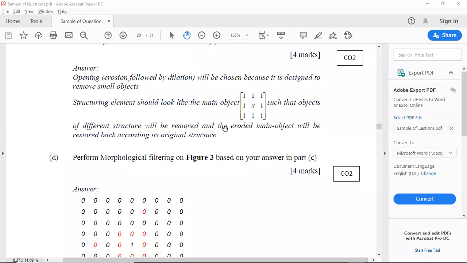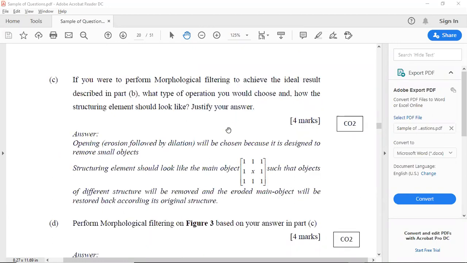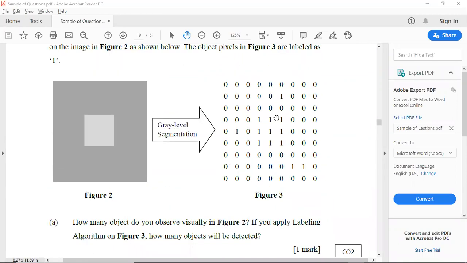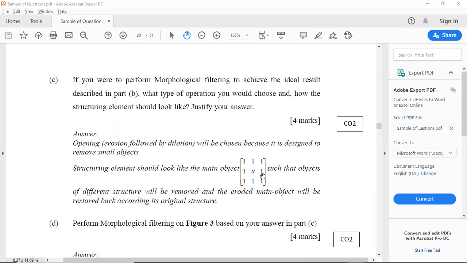Okay, so we will actually perform opening, so erosion, and then we have to decide on the structuring element. The structuring element should follow the shapes of the main object. This is how the main object looks like. It's a square with all one. So we will design our main object,